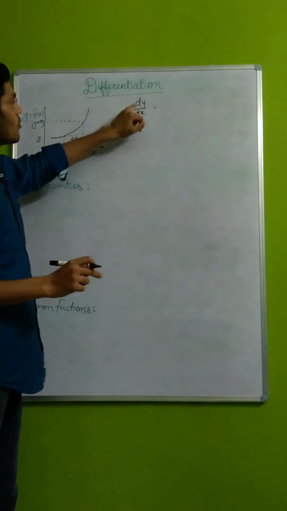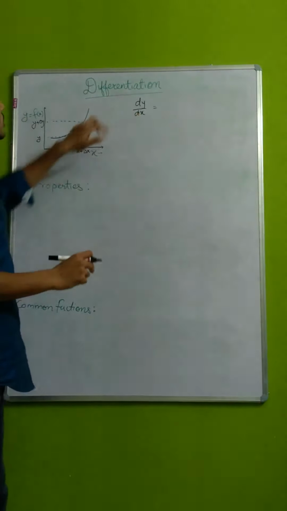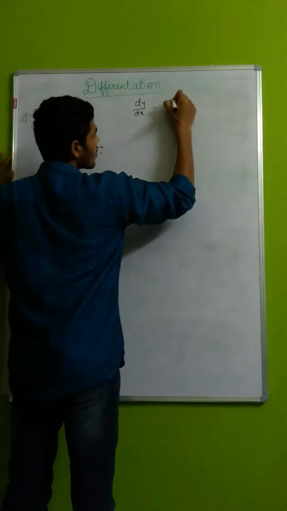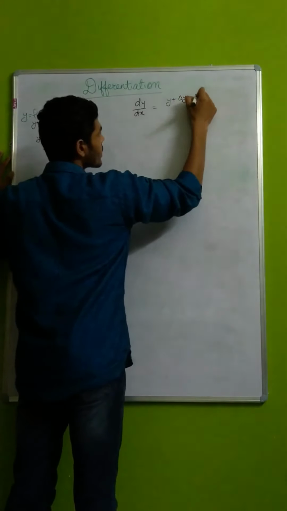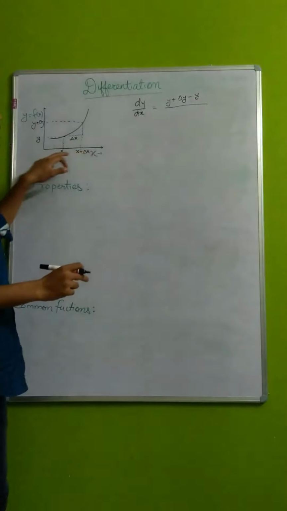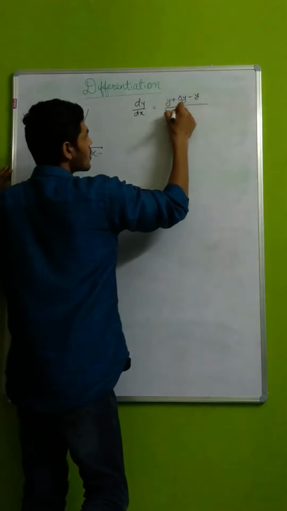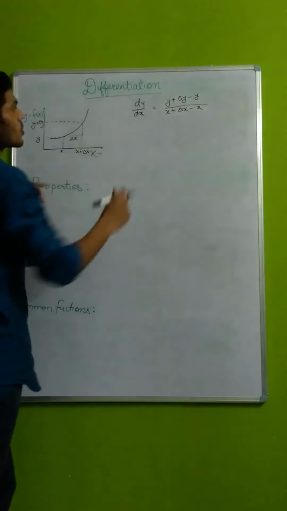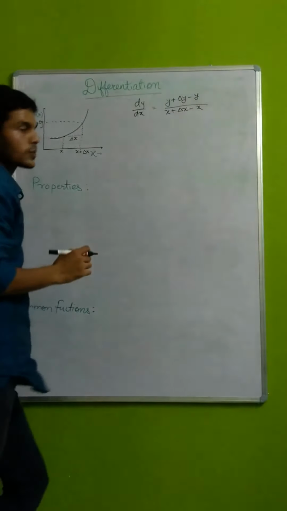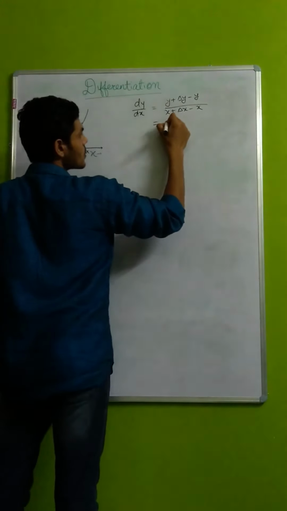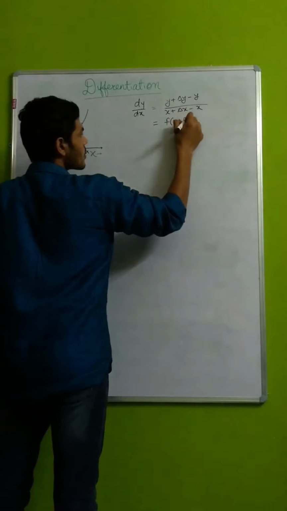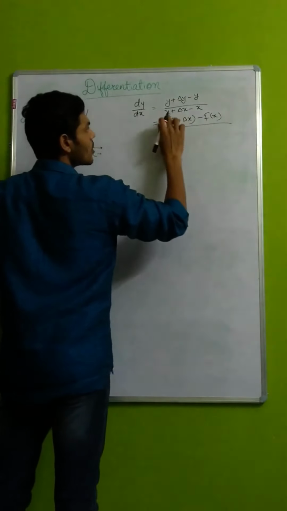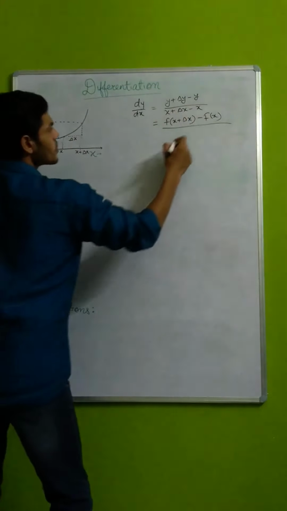dy is basically change in y and dx is change in x. So we can write dy as y plus delta y minus y. And what is dx? x plus delta x minus x. What is y? y is function of x. So we can write y plus delta y equal to f of x plus delta x. This is f of x plus delta x minus f of x. y is f of x. And this x cancel हो जाएगा, delta x रहेगा बस.